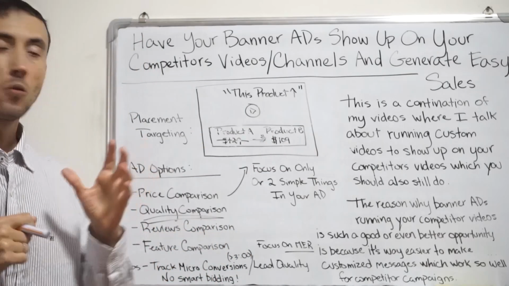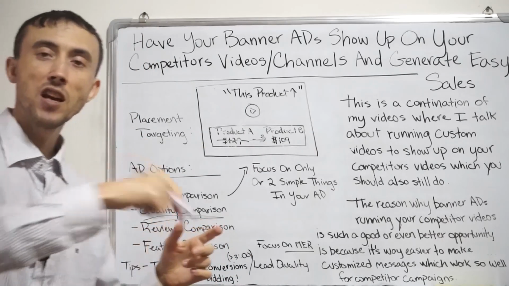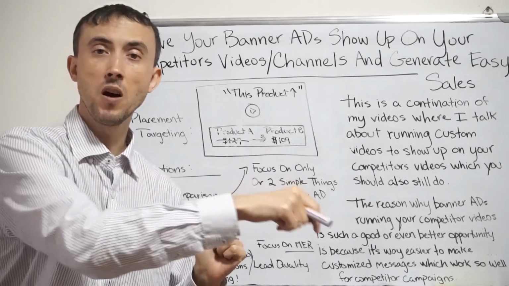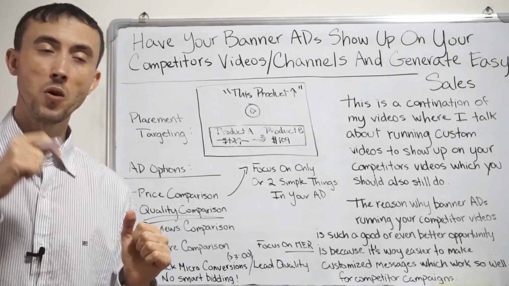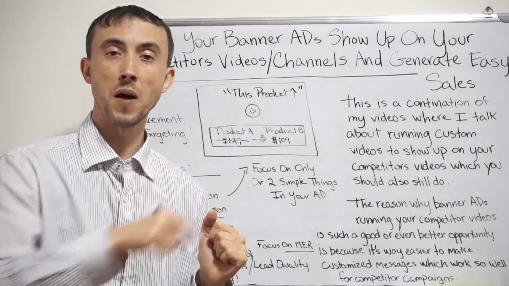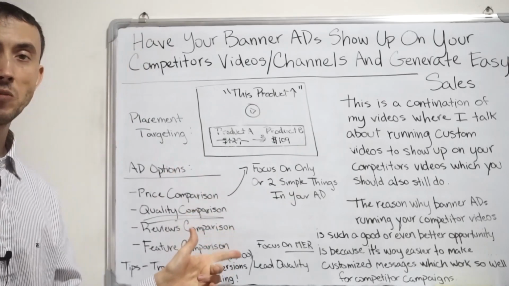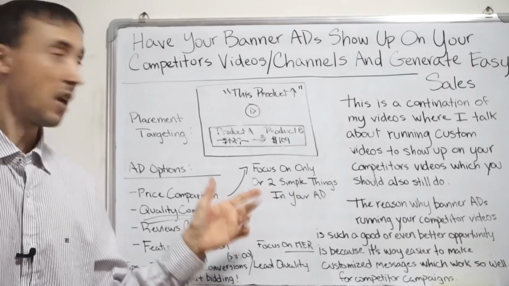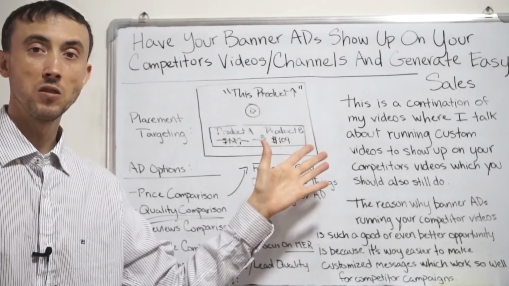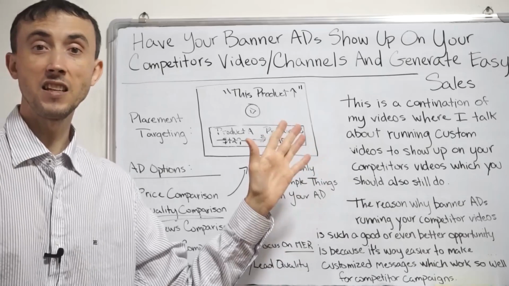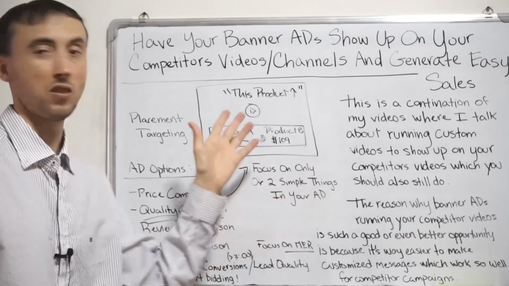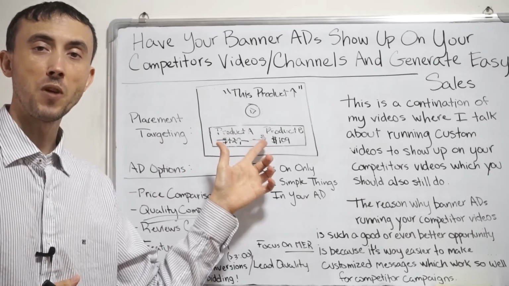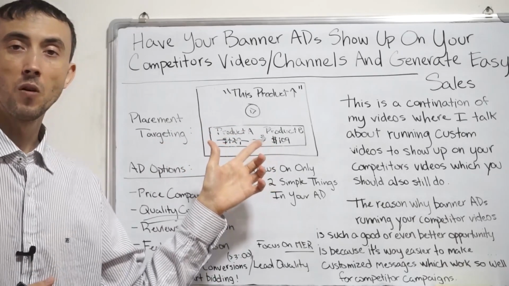And then once you start this strategy, watch how your overall sales are going up. You can also put sales from Google Ads on that sheet if you want, but the main thing that's important here is you put your overall sales by month. And when you kick on this strategy, almost everybody in your space who's considering buying is going to watch at least one of your competitors' videos. We'll say at least 20% of the people in your market are going to be watching these competitors' videos, at least one of them. Every single one of those people, you're going to be able to get in front of almost every time, or enough